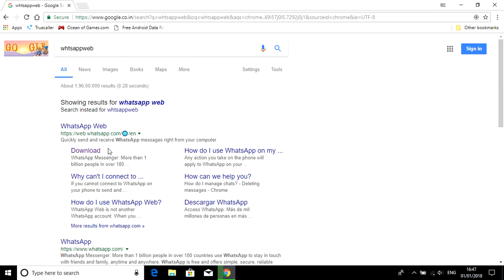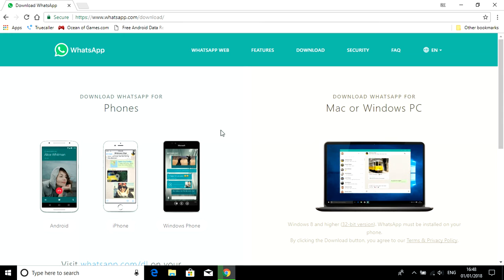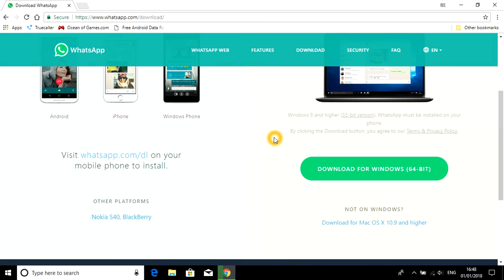Click on the first result on Google, and the official site of WhatsApp web opens. Scroll down the page and on the right side you will see the download for WhatsApp. The download for Windows icon is shown on the right side. Click on this